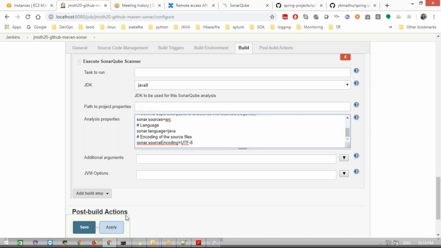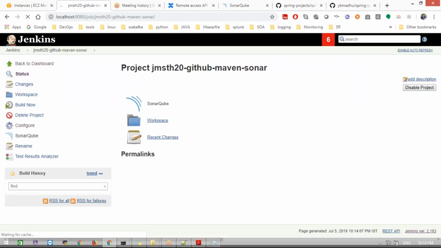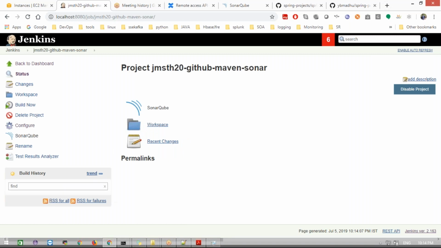Now, once it is done, I'm going to do it. I did not do any deployment. I'm just scanning this. I need to do the Maven build and the scanning. If you add the Sonar cube, you will get an option like this. You won't see this test result analyzer. We'll discuss this later. This test result analyzer we have never seen. Now we are going to discuss that if it is possible. Now I'm going to click the build now button.